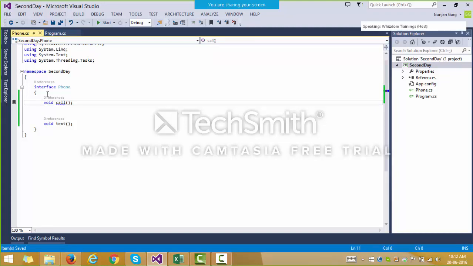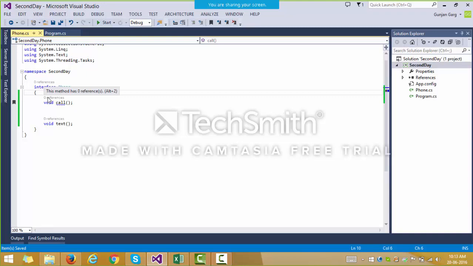And the third point is, sorry, can we declare the method as abstract inside the interface? I'll tell you that also, just be with me. In an interface, we can just declare the function. We cannot implement it. And how will we implement? I'll tell you. So I just told you two points: we cannot have an implementation, and no access specifiers. And the third point is that